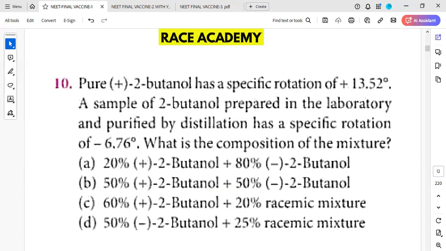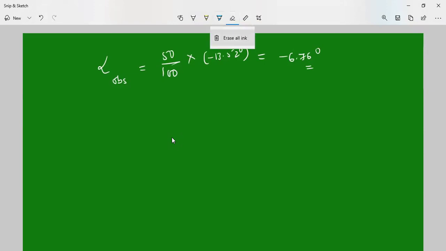So we have a formula for this one. I'll show you that in a minute. The formula is alpha observed, that is 50 by 100. Estimation means 50% of this 13.52 degrees that they have given. So 50% of this one is minus 6.76 degrees. Okay. In such cases you can understand one thing that in this question whatever